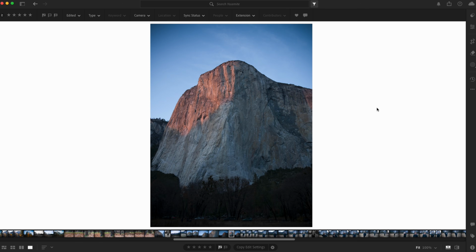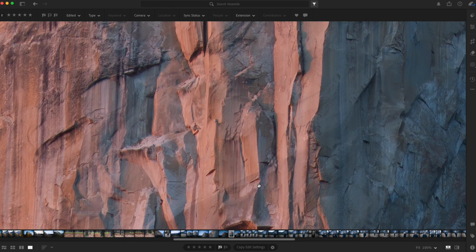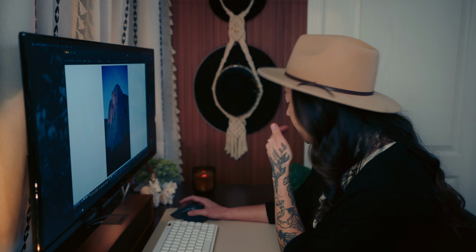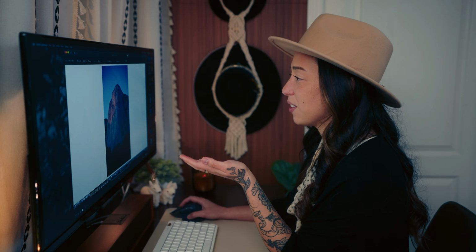And then of course, the sunset started to go off and look at that. Look at this clarity, okay? So one of the things, sorry, I'm getting over a cough. One of the things that I really wanted to do here was